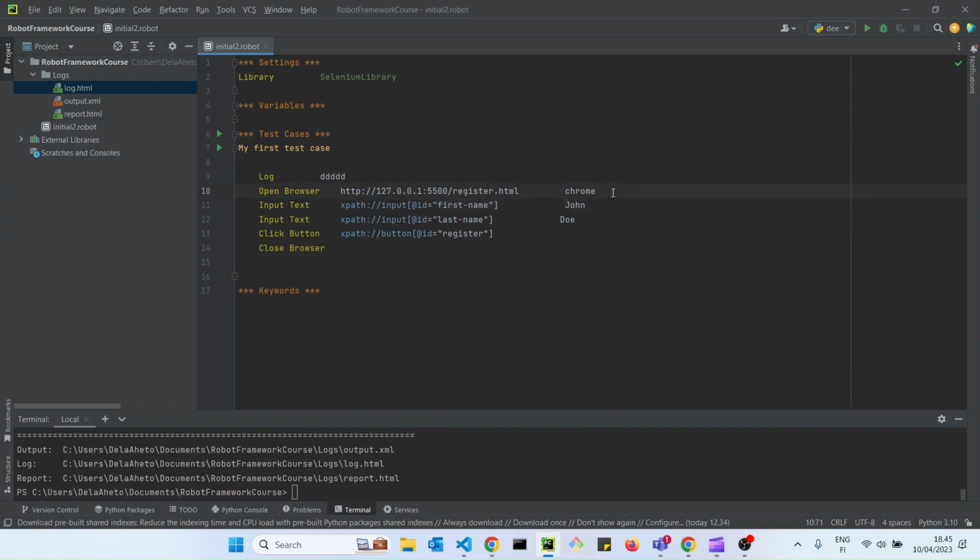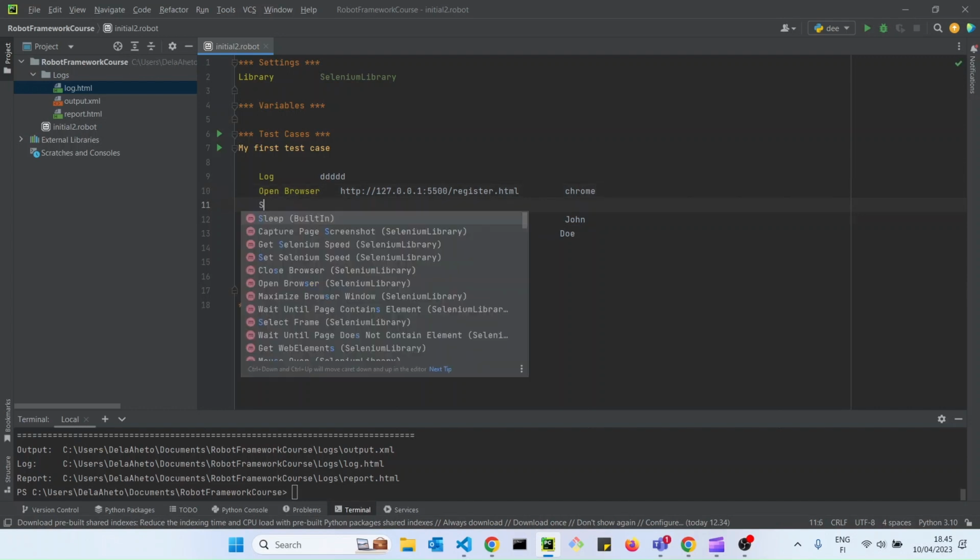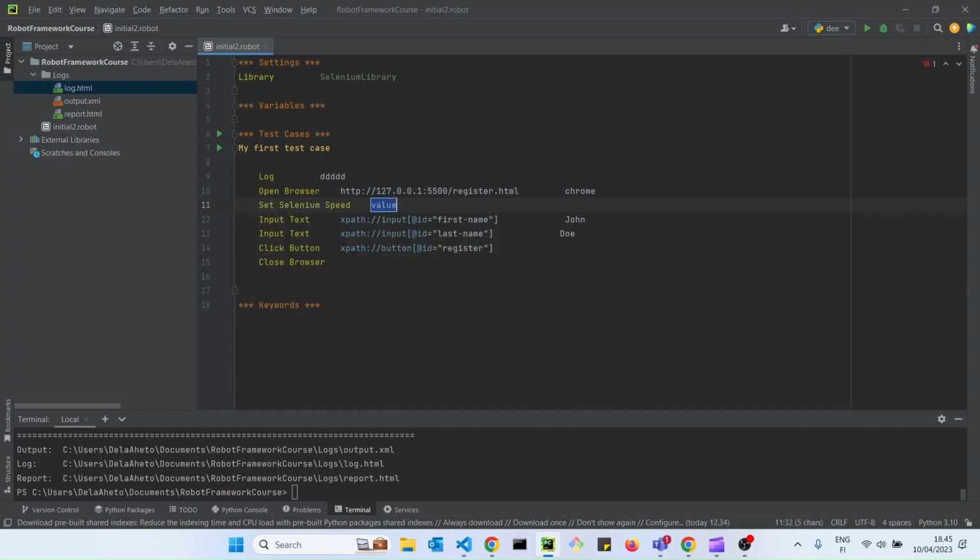So this is how we use it. You can put the Set Selenium Speed anywhere you want, but it's best to put it after the open browser, because you are going to see that the browser is open at least. So there's a keyword Set Selenium Speed, and it takes one argument, that is the speed in seconds. So let's put 2, that is 2 seconds. Which means that